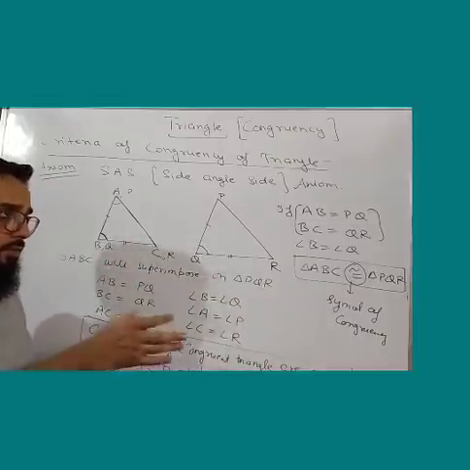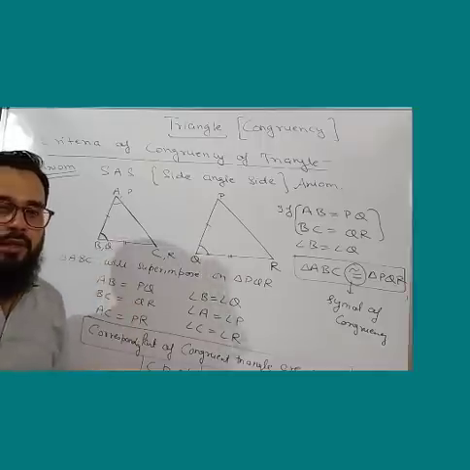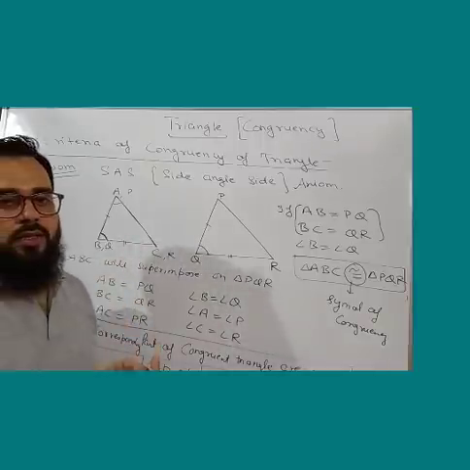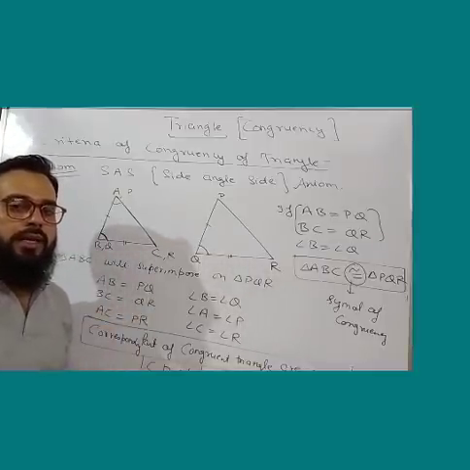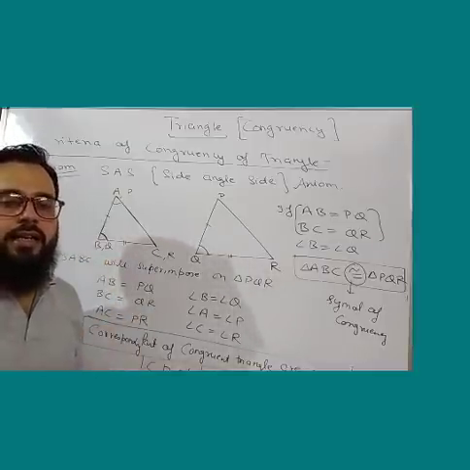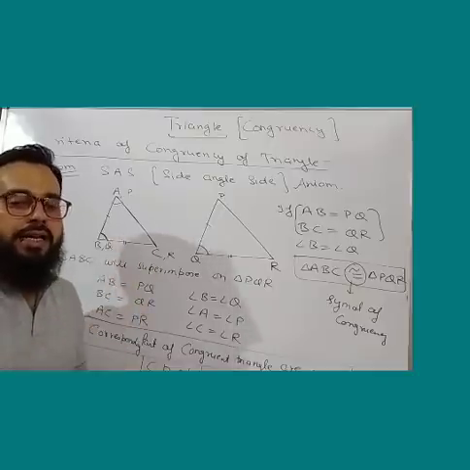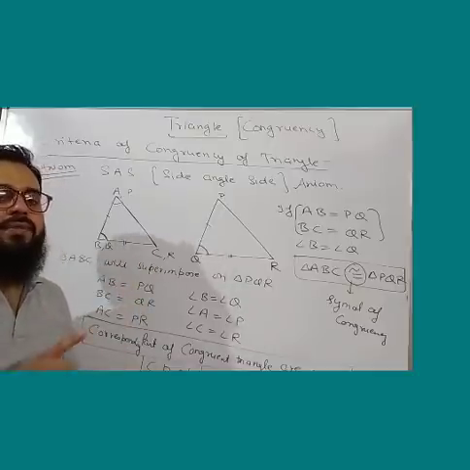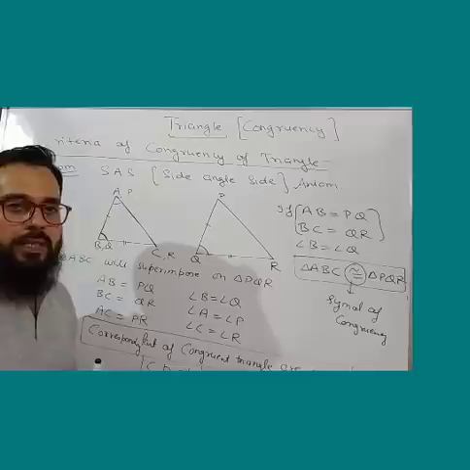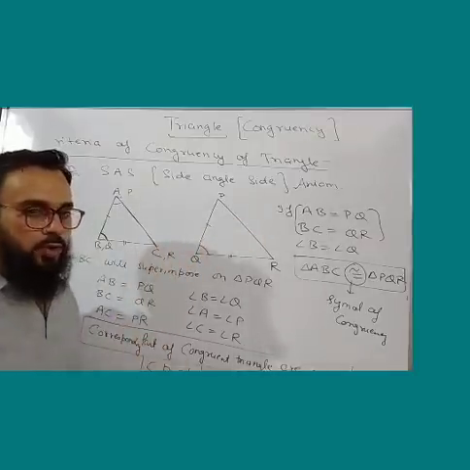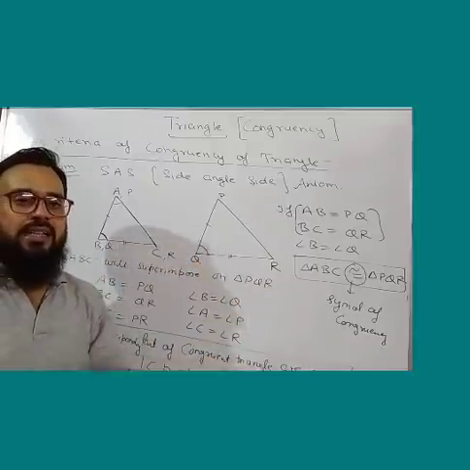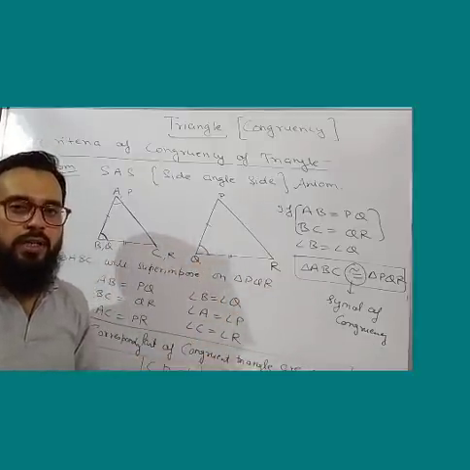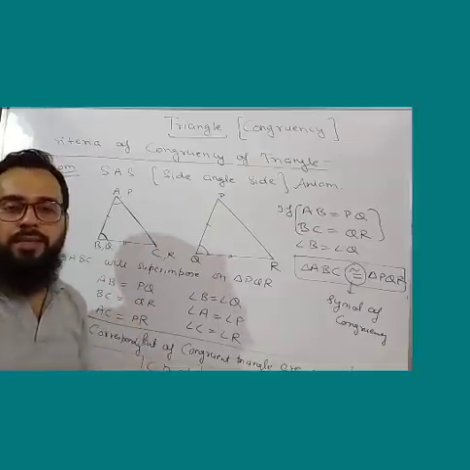Okay, so what basically we have to do in this chapter: we will be given some conditions like two sides are equal or one side one angle are equal, and we have to find another side, another angle equal, and then we will use any one criteria of congruency. And when we use any one criteria of congruency, we will prove both the triangles as congruent. Then whatever other condition we have to prove, any other side equal or any other angles equal, that is what we have to prove in this chapter.